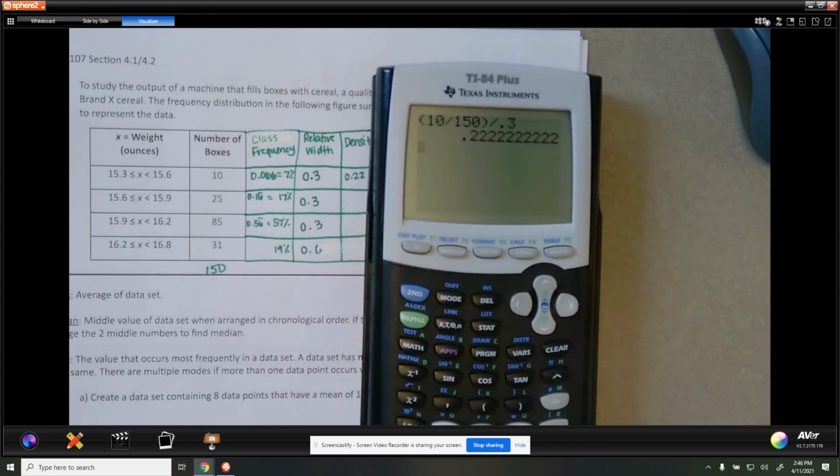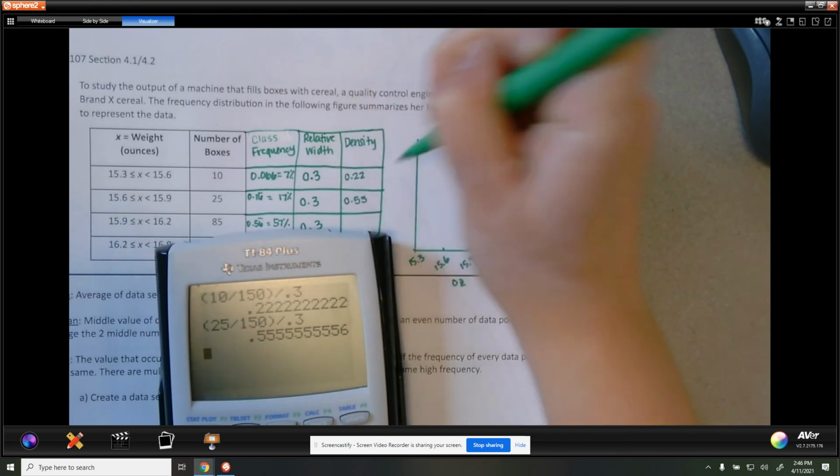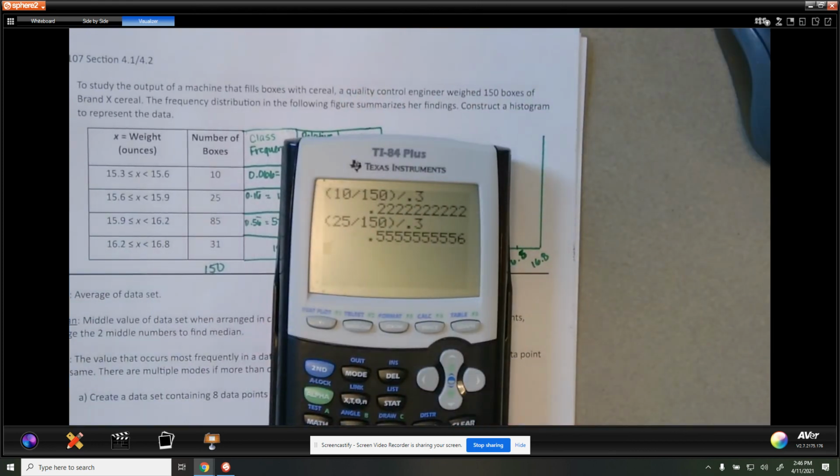There we go. Next one, we had 25 divided by 150 divided by 0.3. So 0.55 repeating. Then we have 85 divided by 150 divided by 0.3 is,